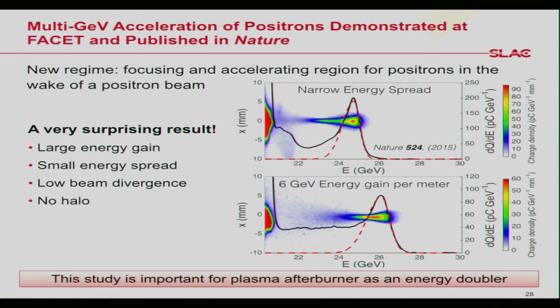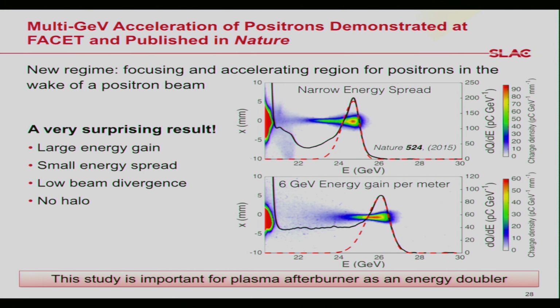They had a relatively small spread in energy, also very good. But what was really surprising to us is the narrow divergence of the beam. When we looked at how hard the beam was defocusing coming out of the plasma, it was not defocusing very much at all, and also it didn't have this halo around it. We were expecting to see this cloud of defocused electrons around the outside, and we didn't see that. And this was completely unanticipated,